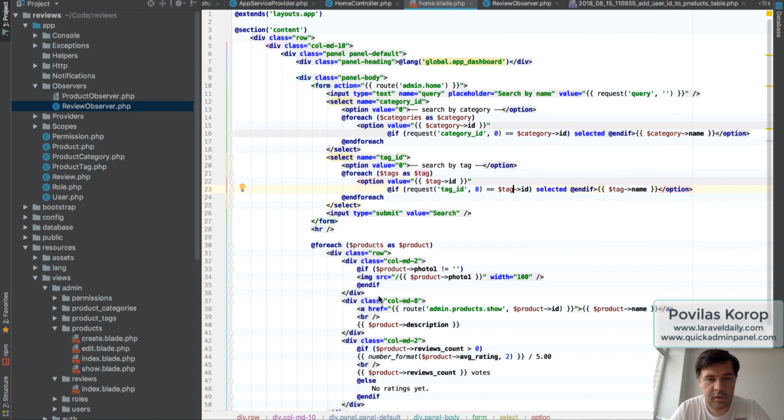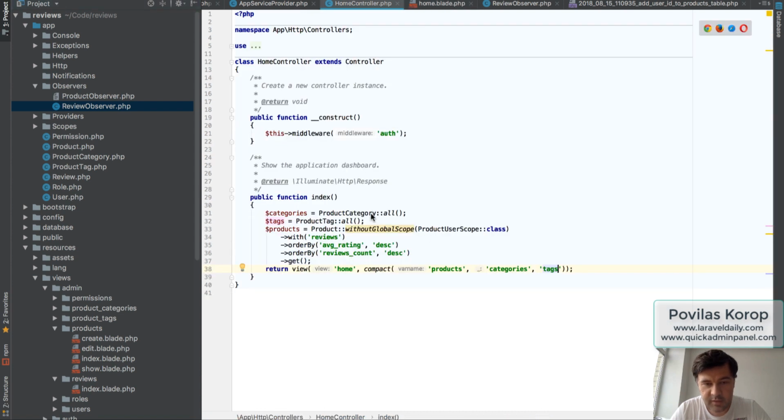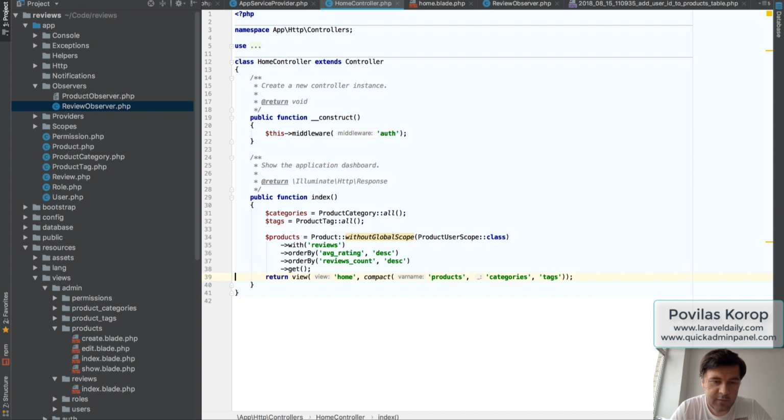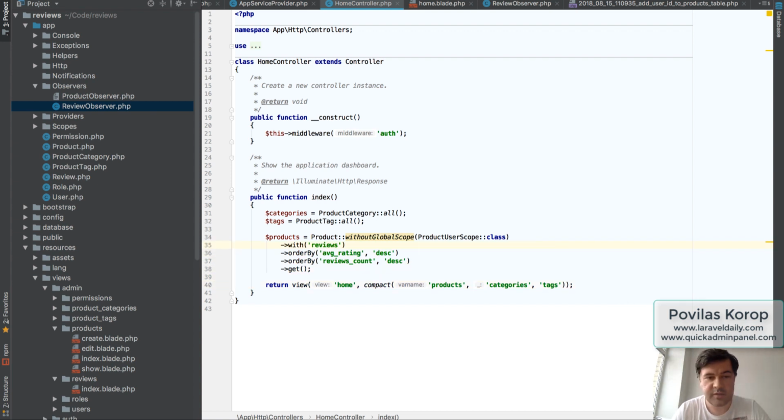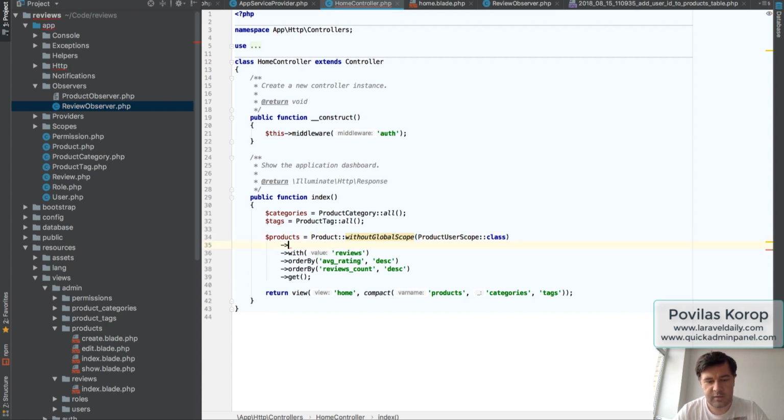How do we do that? In our home controller, basically in that query, we will add a few checks basically. It used to be that people added if statements. So there is a query, the main query, and then if request this, if request that. But recently I found out this syntax. So query when, it's an eloquent query builder. First is the parameter. So we pass a parameter of request,